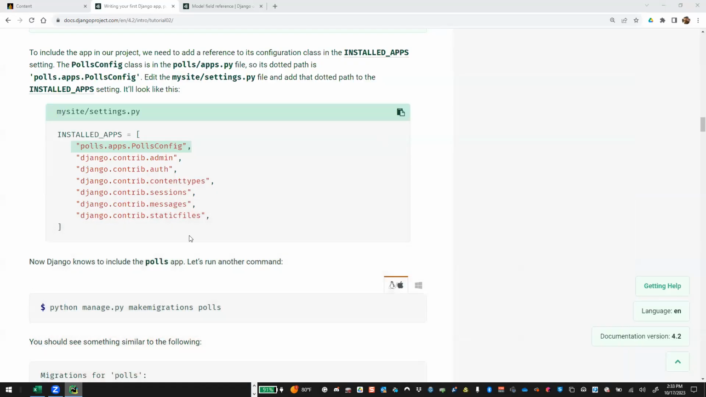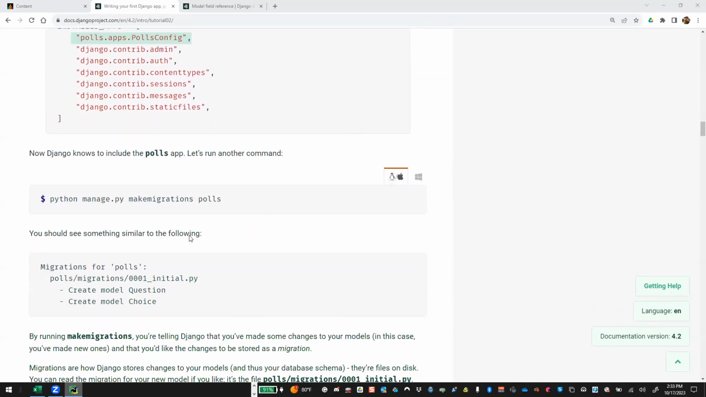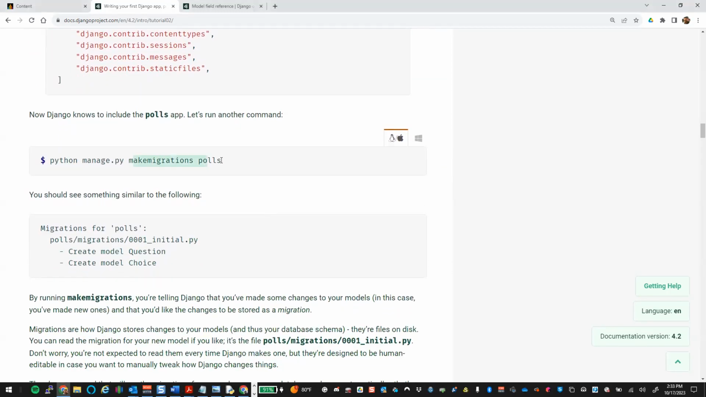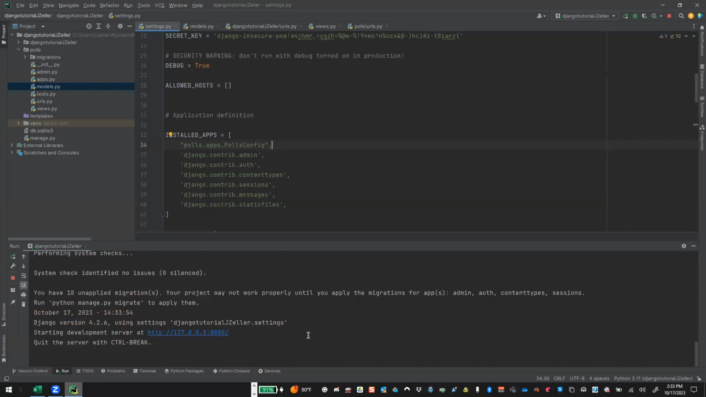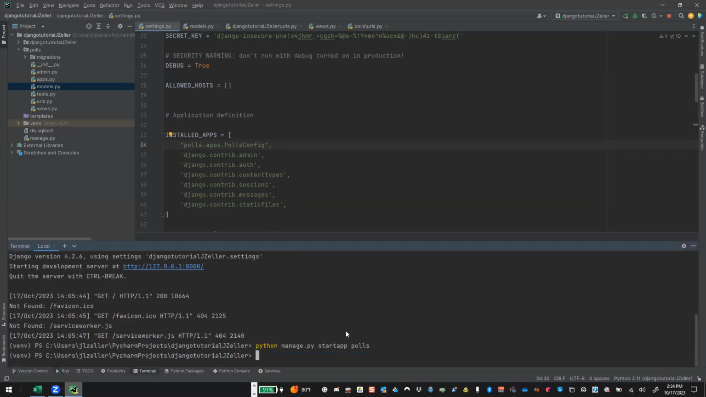Okay. Now that that's in there, we can go and run makemigrations polls. This is something you will need to do on everything. The moment you make a change in the database, you have to do what's called a makemigrations. All right, so we do a Python